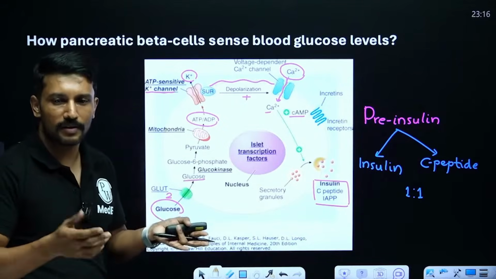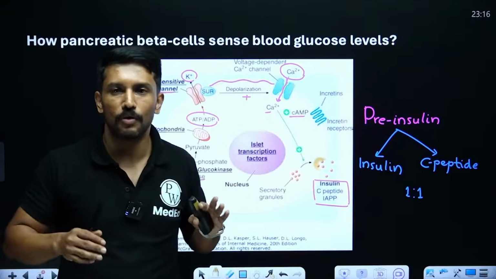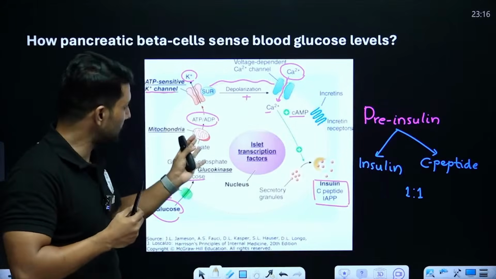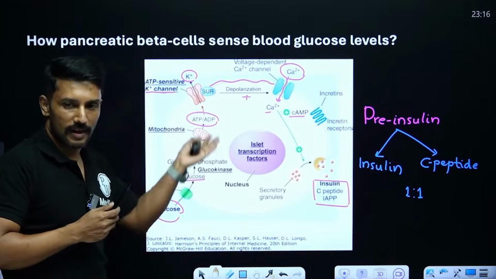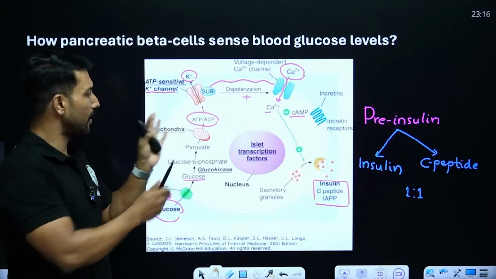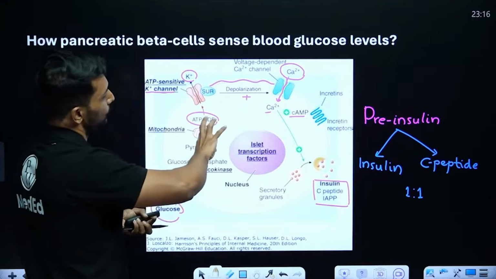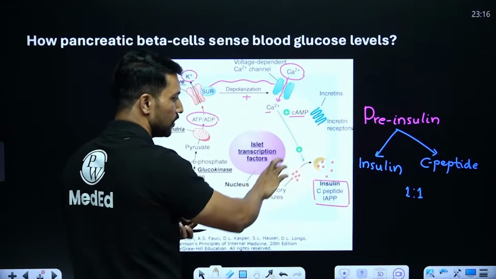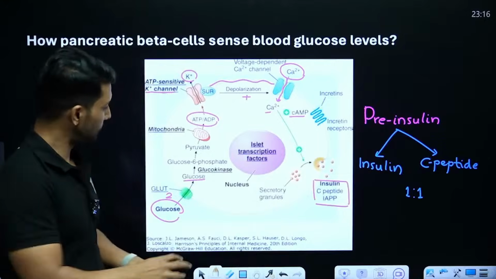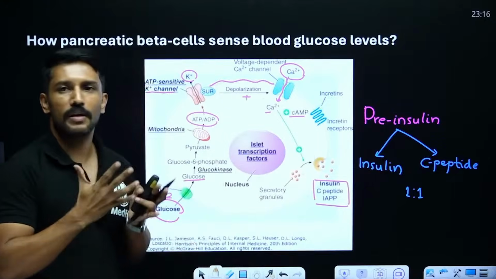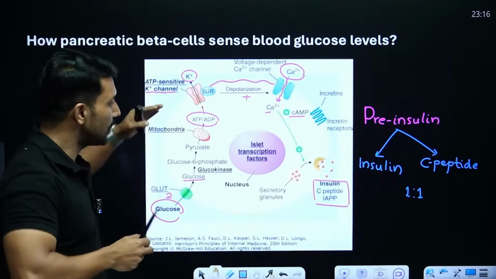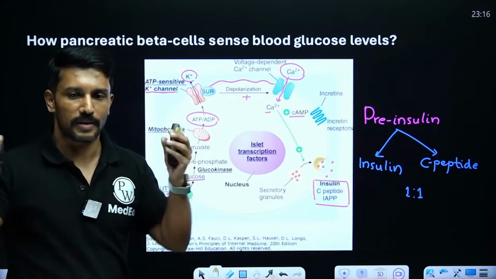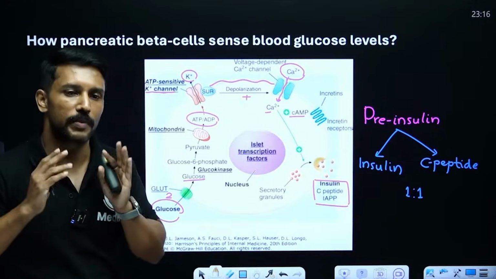If it does not recognize that, okay, that is an enemy coming into my territory, I will not send my army. So recognition is important. Either beta cells are not able to recognize the rising glucose, or even if they recognize it, they're not able to secrete the insulin. For secretion, there are a lot of steps involved. So defects here, secretion can be impaired, or the beta cell development itself may be abnormal. Here, beta cell mass is not depleted. Insulin's action is fine, but sensing the glucose or releasing the insulin is the main problem.